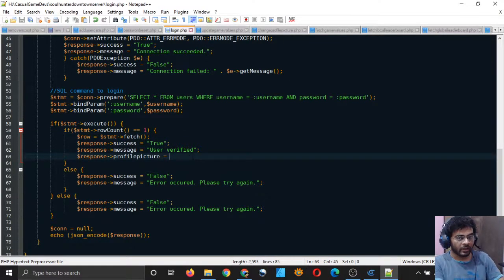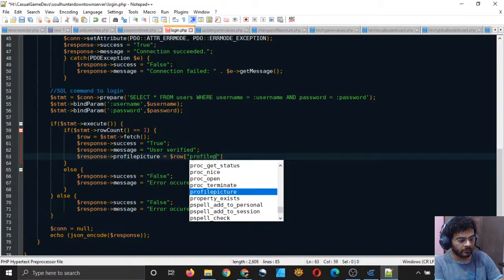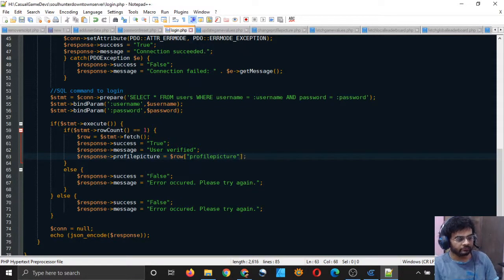And now that we have our result in $row, we can simply access our profile picture by writing this, right? Inside $row associative array, we want the profile picture field, right? So we typed it here, and now we will get whatever value is present in profile picture.